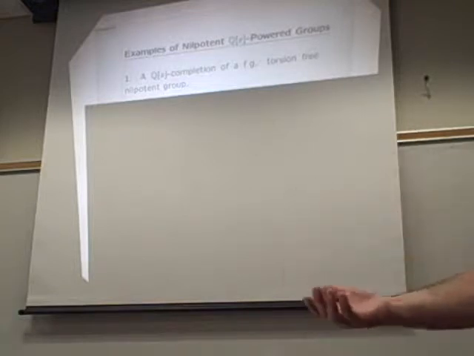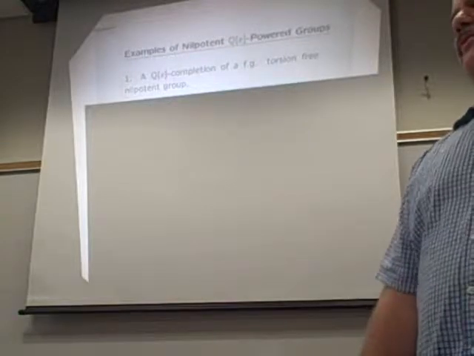Okay, so here are some examples of such groups. Well, we started out with this one. If you take the QX completion of a torsion-free finitely generated nilpotent group, it certainly does make a nilpotent QX power group. Now, to get this, you actually have to verify those axioms, and again, you do that by sweating it out. In particular, number 3 does require a little bit of work because you have to show that that identity holds, but it turns out that since that identity holds for the integers, it's going to hold for R in general. And again, this goes back to a result of field theory.